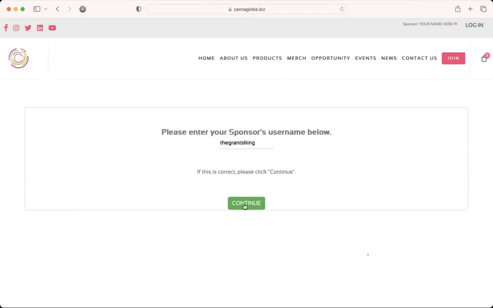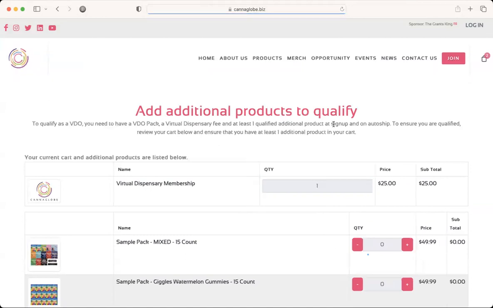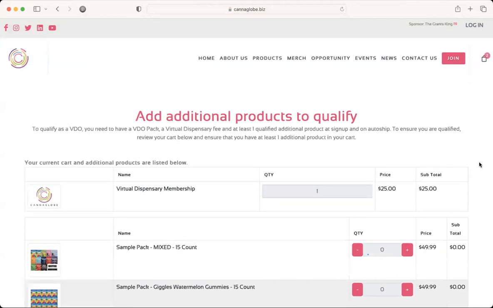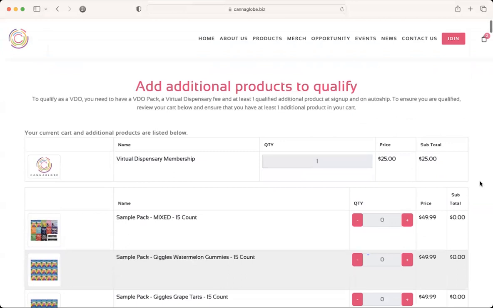They will also be sending you their own personal invite link, but for these demonstration purposes, I'm showing you how you can do this with their username. So I'm going to hit continue,